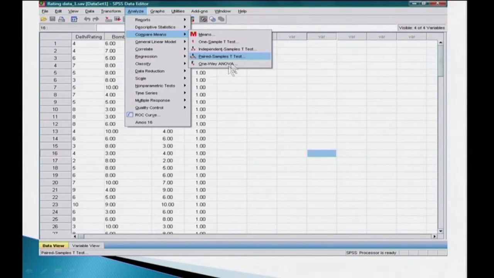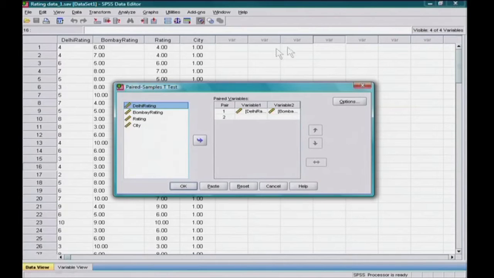Then the same can be handled with the help of SPSS also, when we interact one to one in the classroom, face to face. Then we will try to have some understanding of this SPSS, although it will not be asked in the examination, but you must know how you can apply it in practical applications, because there it will be difficult for you to calculate it manually due to time limitations. So, you can use SPSS and again reach the paired sample t test: analyze, compare means, and paired sample t test. Another paired sample t test you will have, because these are now dependent variables.